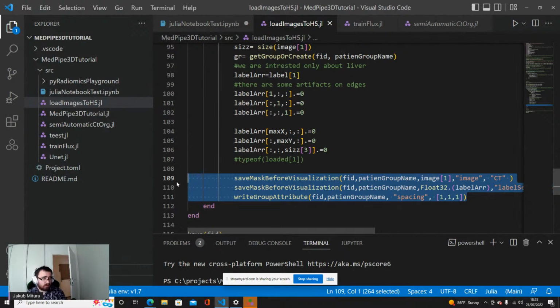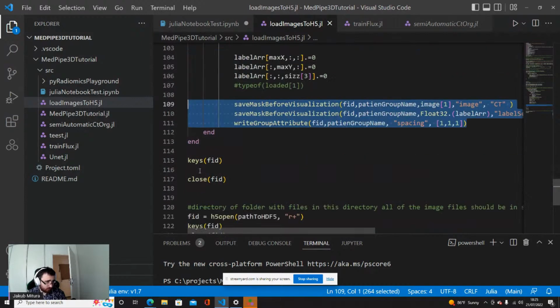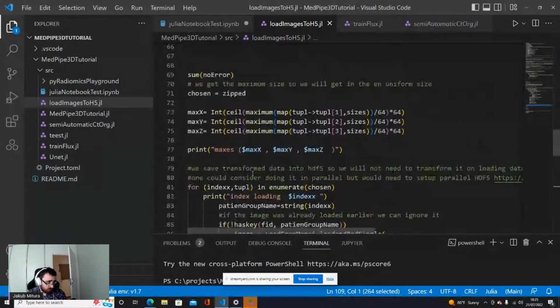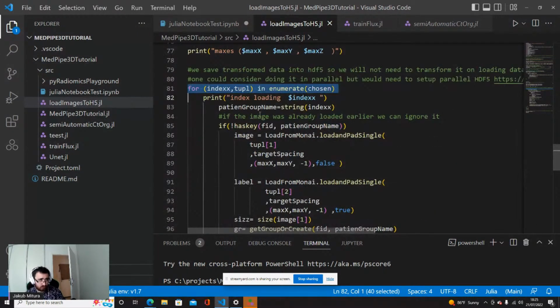Of course, this is extremely simplified pre-processing. In the case of MRI, we also need standardization, bias field correction, and there are tons of things that one could do, and should do, in order to get the best performance. But we'll get to the most basic and most essential things here. Also, what is important here, I did not parallelize the code, just for simplicity. We can parallelize it. There is a parallel format of HDF5, and of course, in this case, we would have an n-fold acceleration, depending on the number of processes.